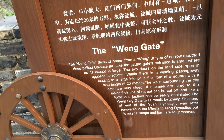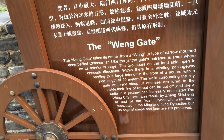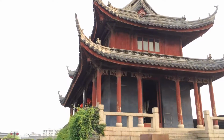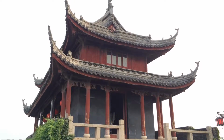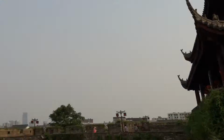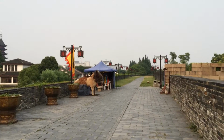So this only goes back to the Yuan, 1200s. It was later renovated by the Ming and Qing dynasties, but its original shape and form are still preserved. I thought it went all the way back to the Wu. The story they were telling in the temple next door goes back that early, but obviously the gate here does not. The temple was talking about the king of the Wu, and he had to commit suicide,